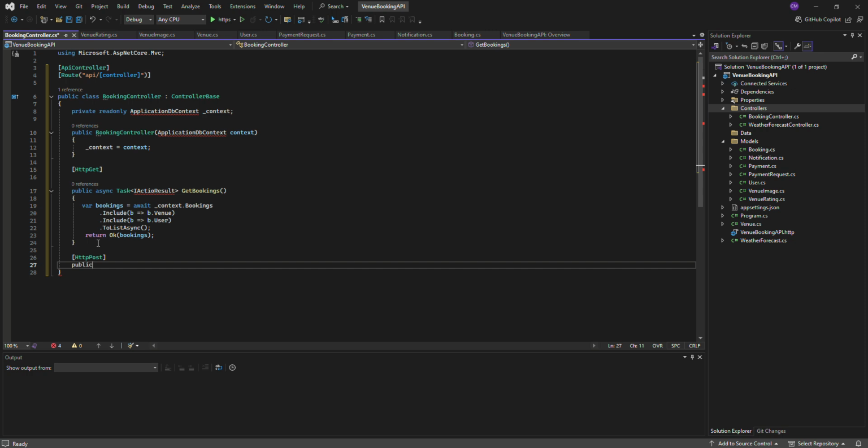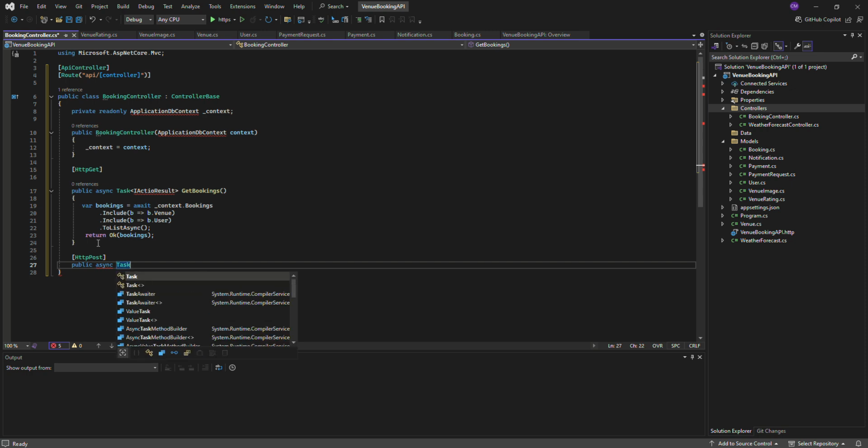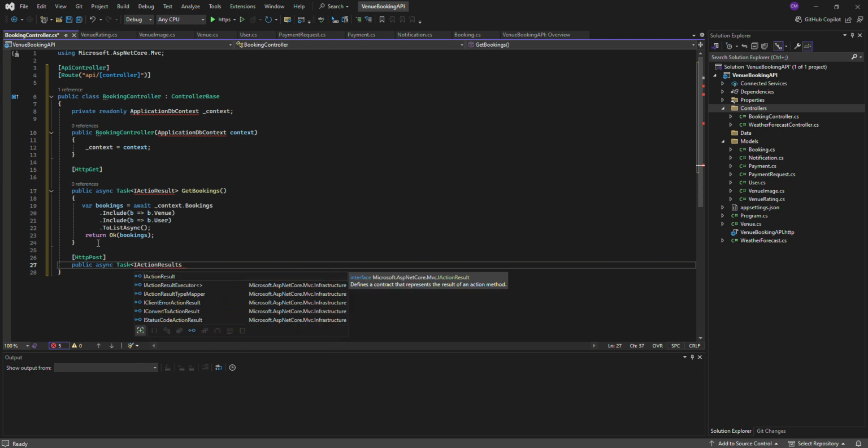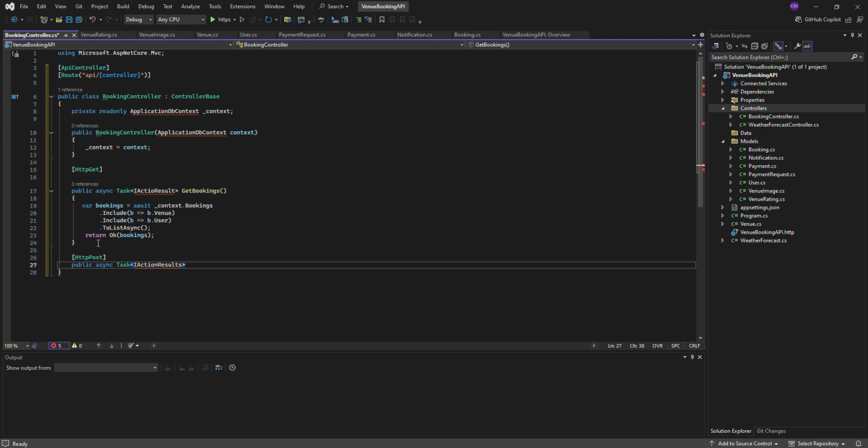So then let's say public async. Let's make it a task to retrieve. Then IActionResult, IActionResult, CreateBooking,